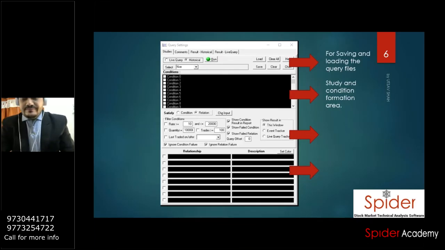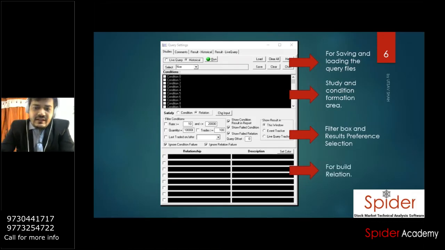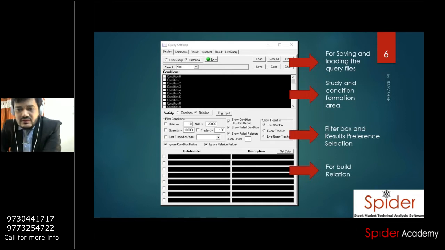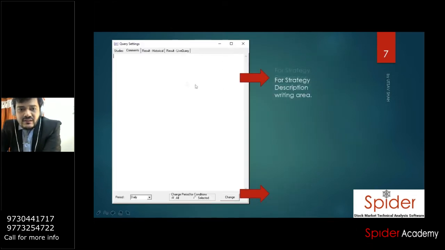Okay, this is the filter box. And the next one is for building the relationship. As I told you, for building the relationship you need to build over here. This is the comment box, the second tab of comment. This helps to write down all the